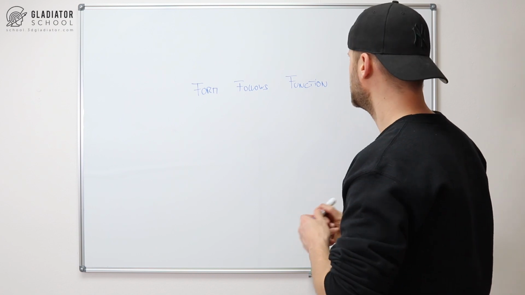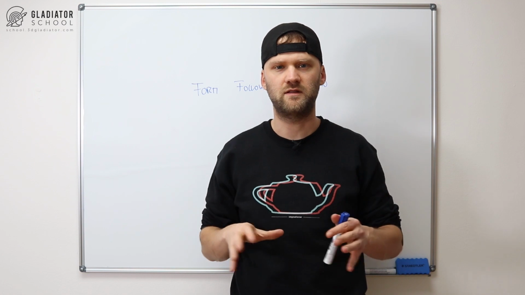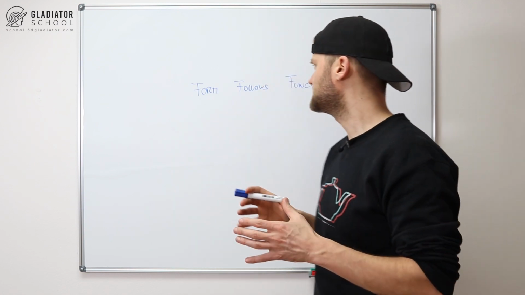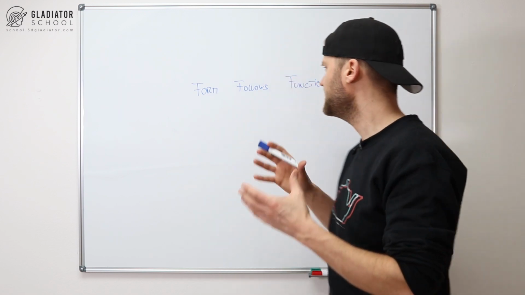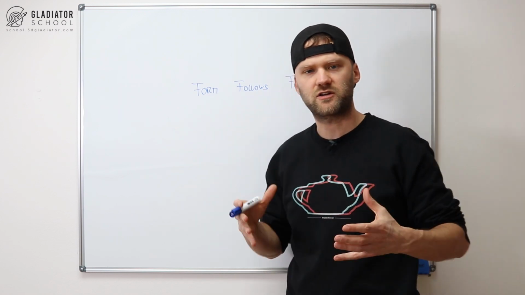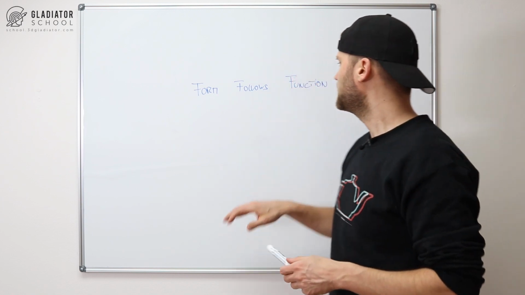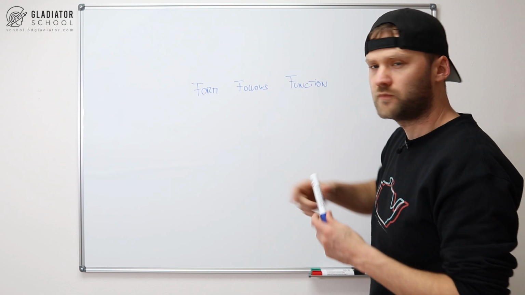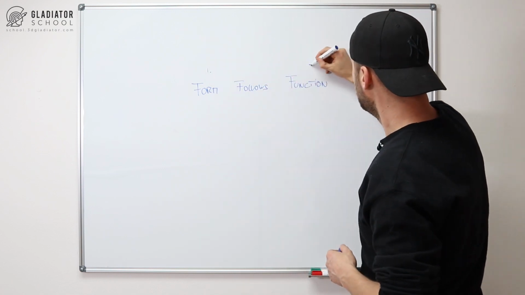So this is a relationship that was described by the American architect Louis Sullivan, and it basically means that there is no coincidence in nature when it comes to form. So every form or every structure in nature is determined by its function. So even if the term form comes first in this statement and function is second,